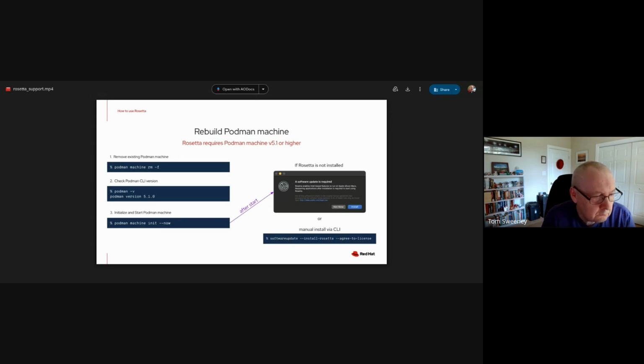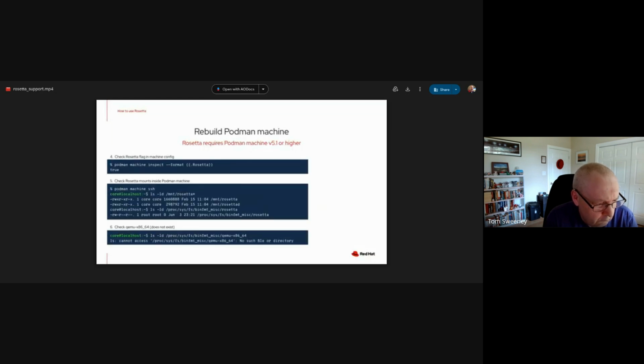Then, create and start a Podman machine using the Podman version 5.1 CLI. If Rosetta is not installed on your Mac at this point, a pop-up window will prompt you to install it. Please proceed with the installation. Alternatively, you can install Rosetta via the CLI beforehand.